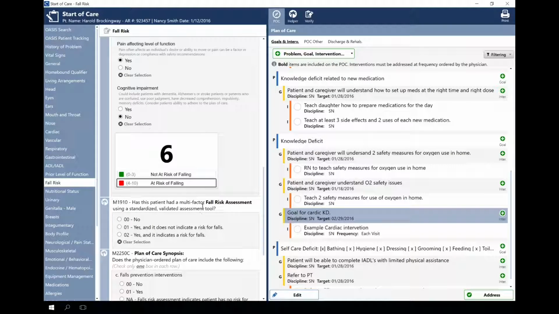So what's really handy is we have this score right next to M1910. And M1910 is asking if you did the multi-factor fall risk assessment. And at this point, it's obvious that we did it. So yes, we did do it. And yes, it does indicate a risk for fall. So we don't have to jump around to different pages or go find information elsewhere. We can really clearly, 1, complete the test, and 2, see the results of the test right next to the